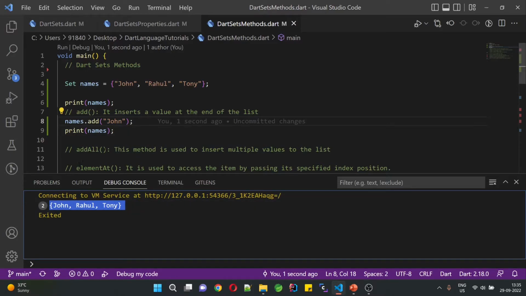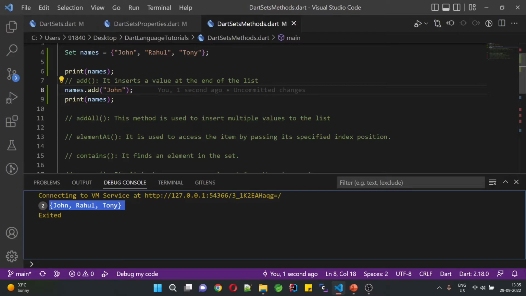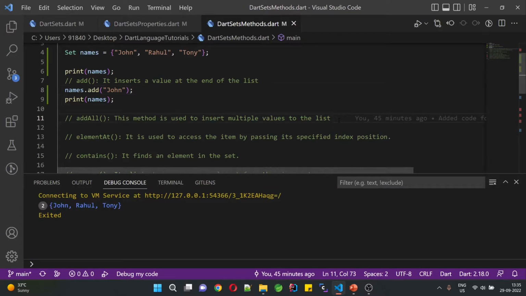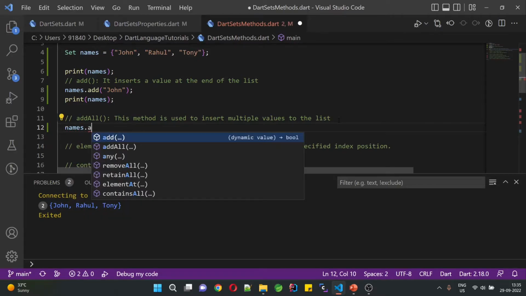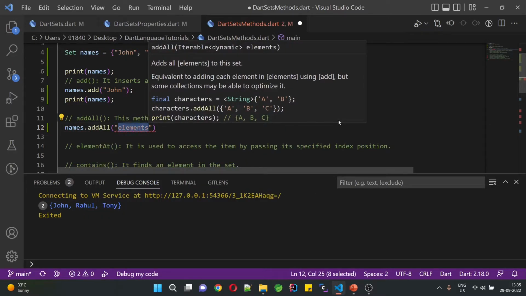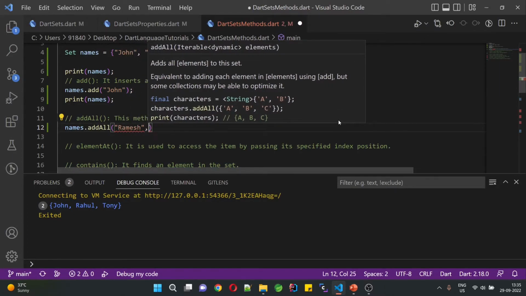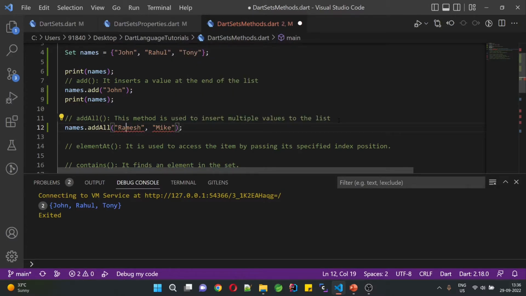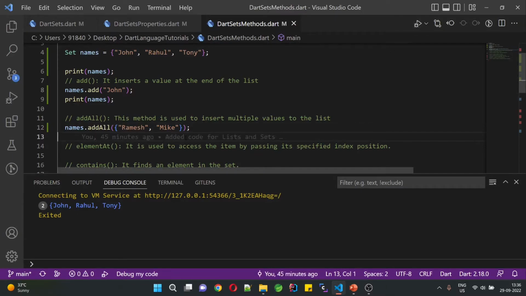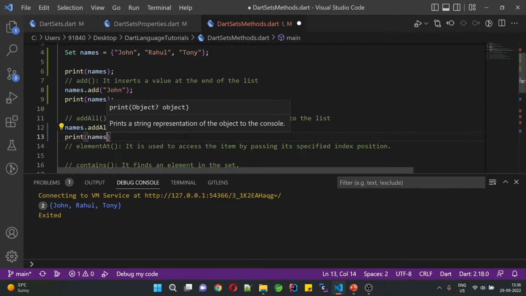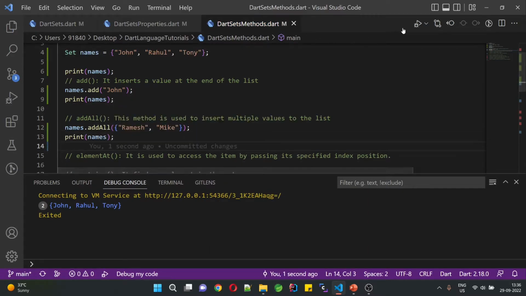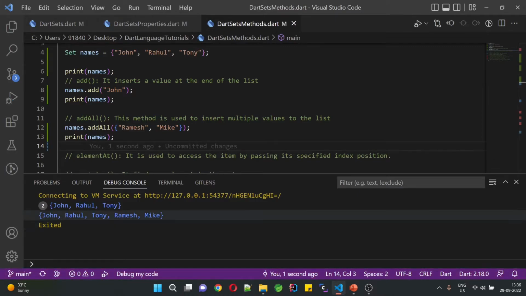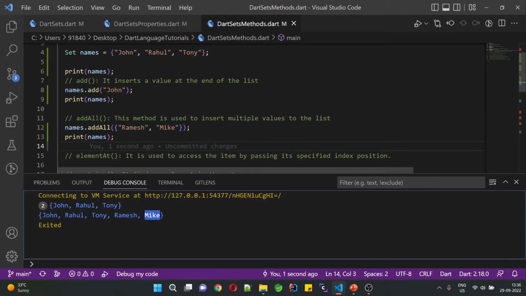Okay, so the next method is addAll. This method is used to insert multiple values into the set. Let's try names dot addAll. Let's try some unique names like Ramesh, then Mike. We have to take all these in curly braces because it's a set. Let's run this program. I have a print statement, names. Now run. See, we have John, Rahul, Tony, Ramesh and Mike that we have added here using the addAll